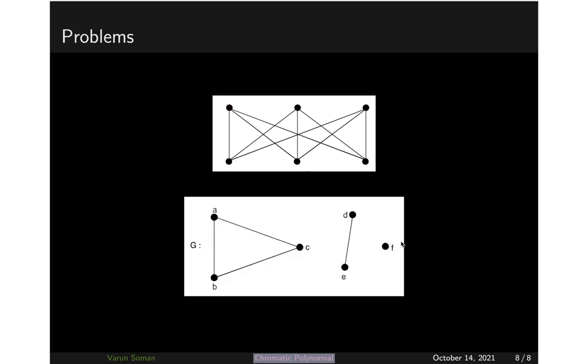Similarly, this one also is a disconnected graph. How many ways can you do it? You can use the product rule for each component. It's actually lambda into lambda minus 1 into lambda minus 2, into lambda again, since this vertex has lambda options, into lambda minus 1 options, again lambda options. By product rule, these many ways are there. That's the chromatic polynomial. I hope it is clear.